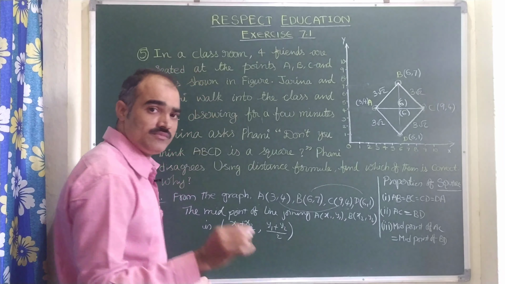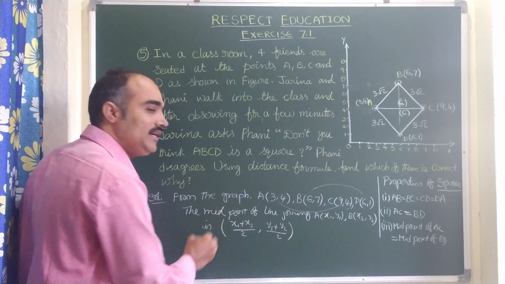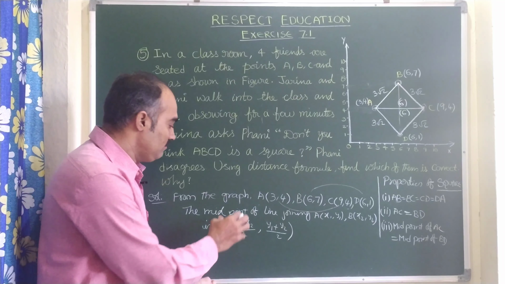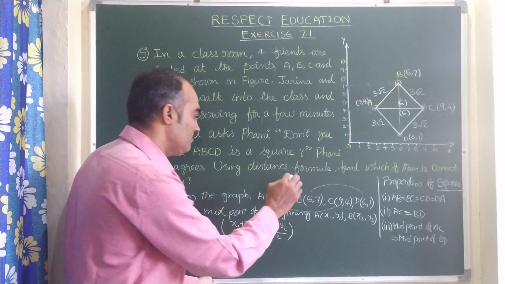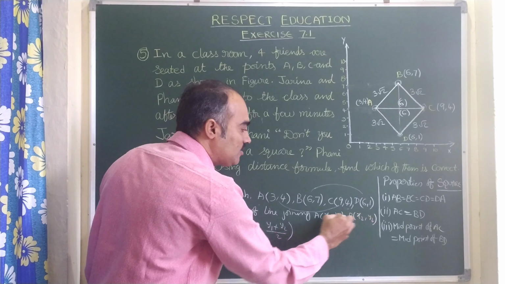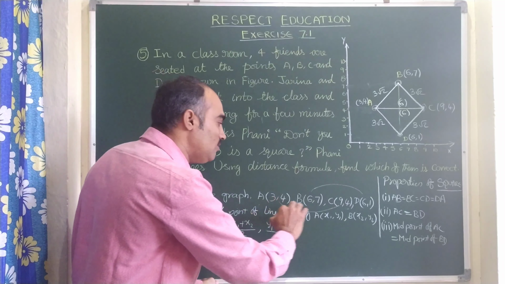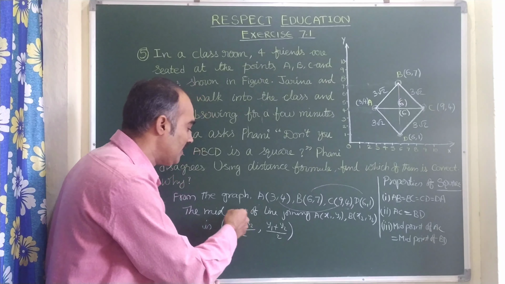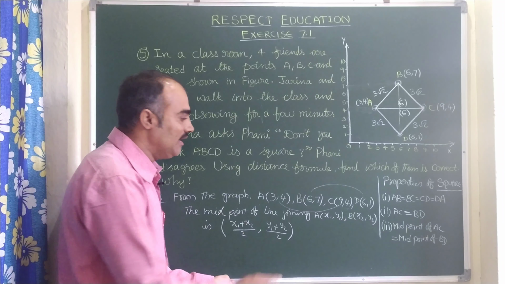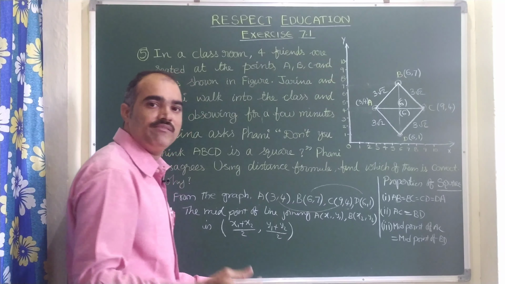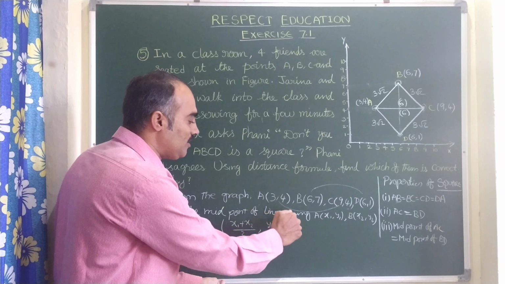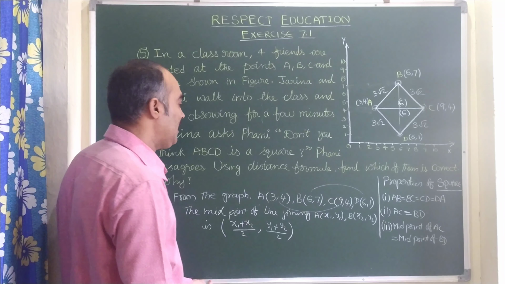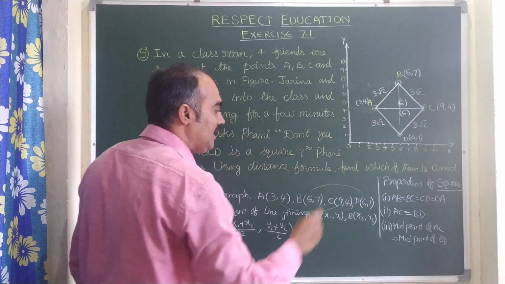See here, you just observe, it is a midpoint. A point should have one x coordinate and one y coordinate. The x coordinate is x1 plus x2: you add the x coordinates and divide that value by 2, so (x1 plus x2) by 2 gives the x coordinate of the midpoint. In the same way you add y1 and y2 and divide by 2, so that is (y1 plus y2) by 2, which gives the y coordinate of that particular midpoint. So here we are finding the midpoint of AC and BD.